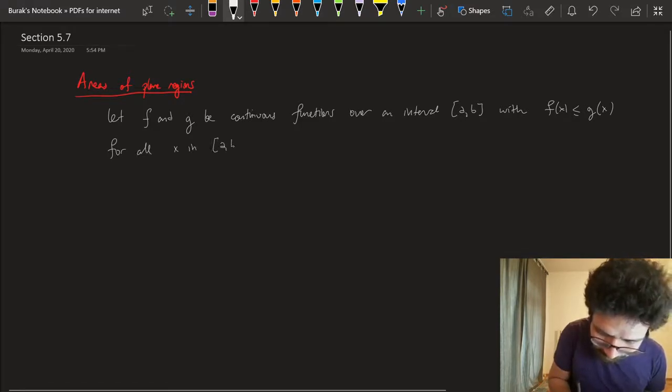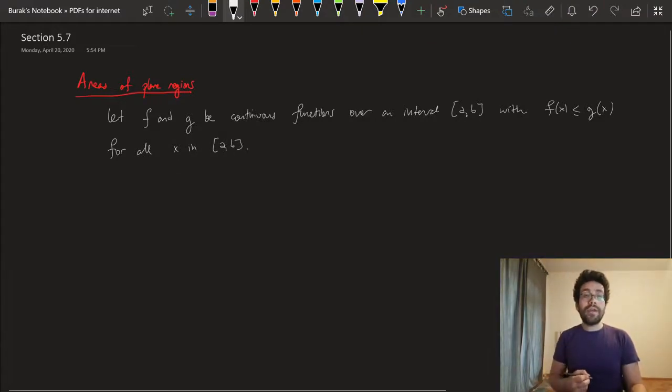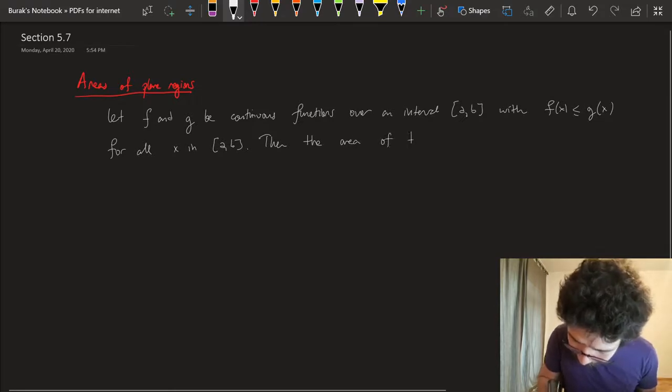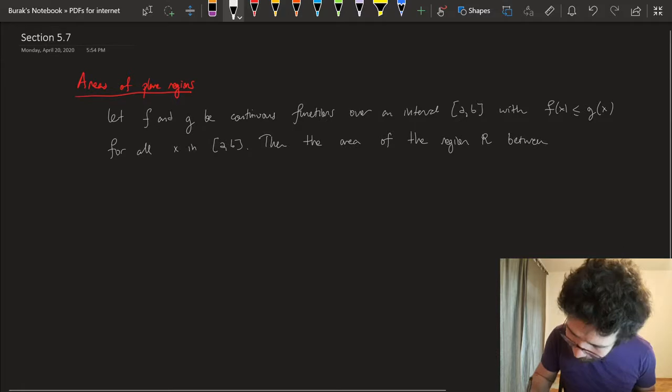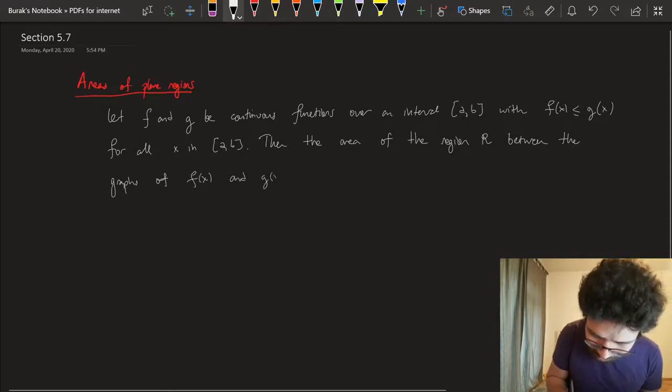Okay, so pretend that I have two continuous functions on the closed interval [a, b], such that one of these continuous functions is less than or equal to the other one on the whole interval. Then the area of the region R between the graphs of f and g over the interval [a, b] is,